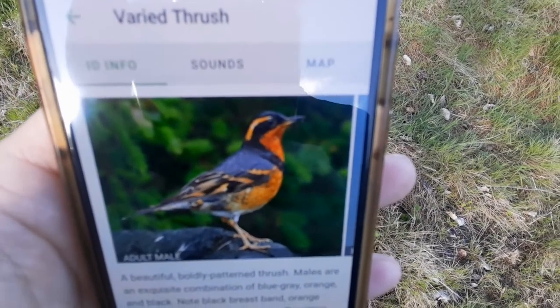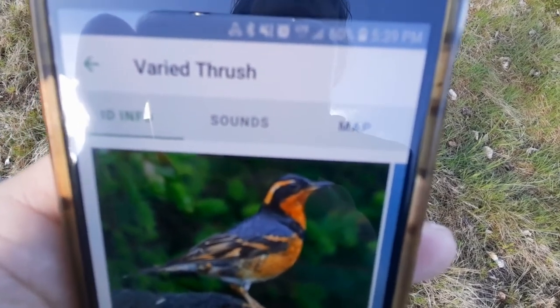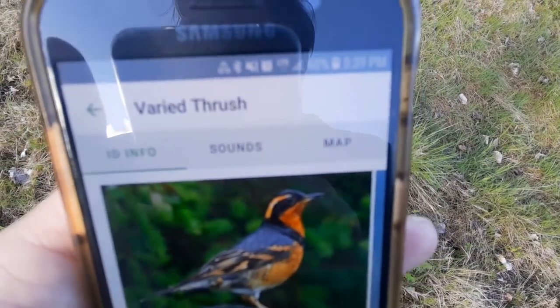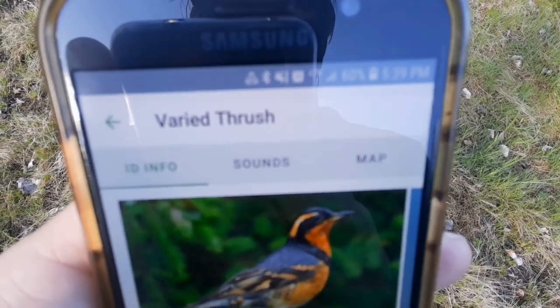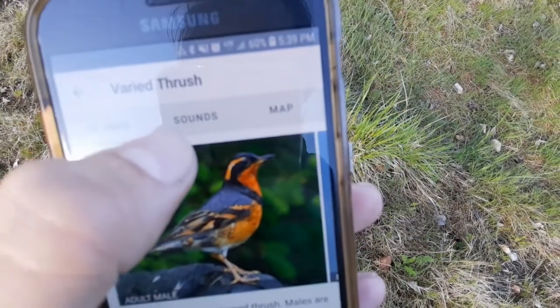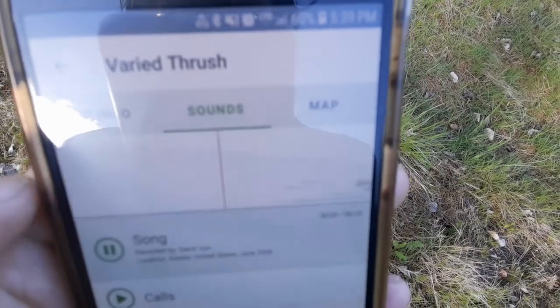All right, this is a varied thrush here. This is a bird that's actually native to Vancouver Island and Western North America. It's a very well-known bird in the birding world because its zone is almost exclusively the Pacific Northwest, and it has a very haunting, eerie, beautiful sound. If I click it,